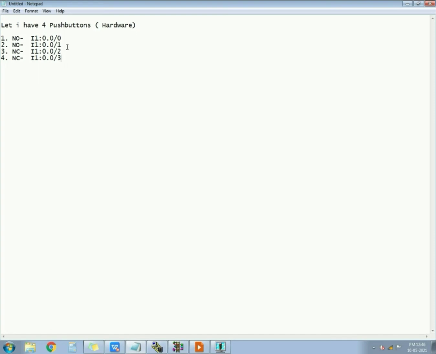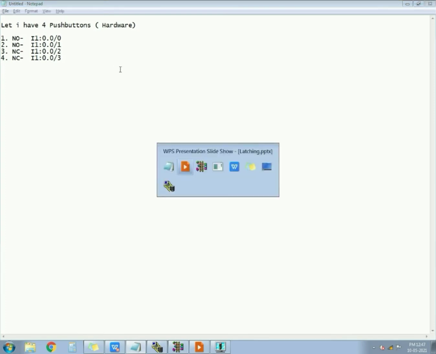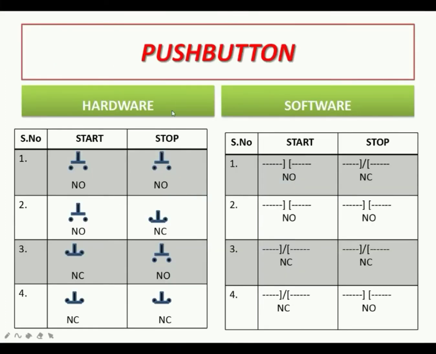When I have a hardware, I can check whether an input NO is connected or NC is connected. Right now I am supposing that these are the inputs, these are the input addressing, and these are the hardware connected to the PLC. So let's suppose that I have 2 inputs, and both are NO push buttons, and I have to make a latching program out of it. When I have to make a program, I will just forget this hardware. I will explain how I give addressing to this hardware.